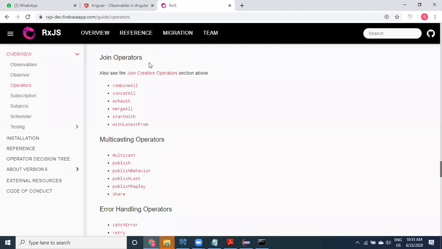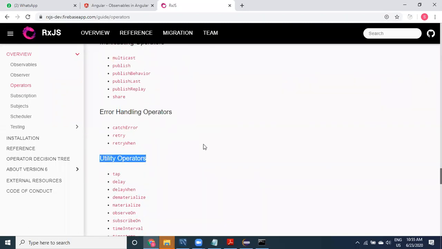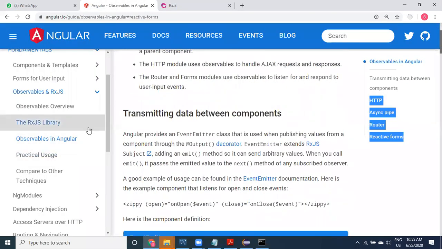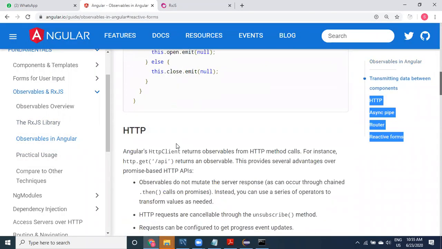RxJS is a utility framework, and that framework has been used by Angular. So you can use the things available here in your project also, no problem. If you know the basics, you can come here and refer to whatever you need.